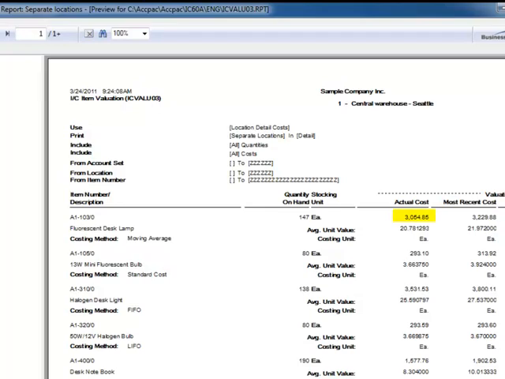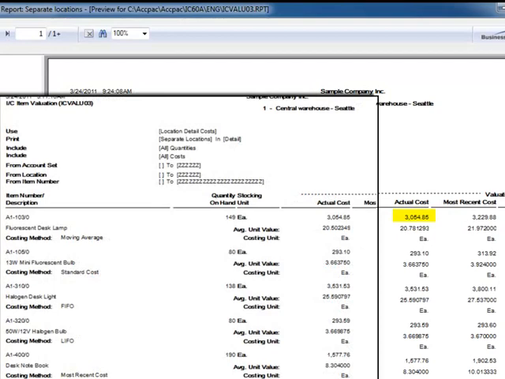You can see this if we overlay the valuation report that we ran prior to shipping the 2 lamps at the start of this tutorial. Notice that the actual cost of the item has not updated even though the shipment reduced the quantity by 2 units. Further, although the actual cost has not updated, the average unit value continues to calculate and accordingly does not